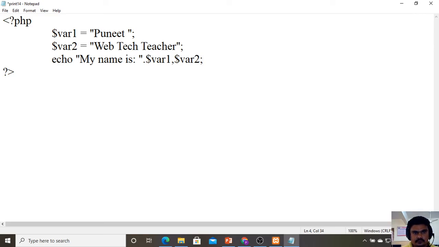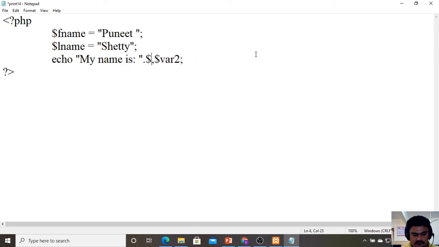If it is not sounding proper, you can change the output: you can change this to L name, that is last name, and F name, that is first name. So my name is, you can print it here as first name, which I am giving as an argument, then the last name. Okay, so let me execute this code.